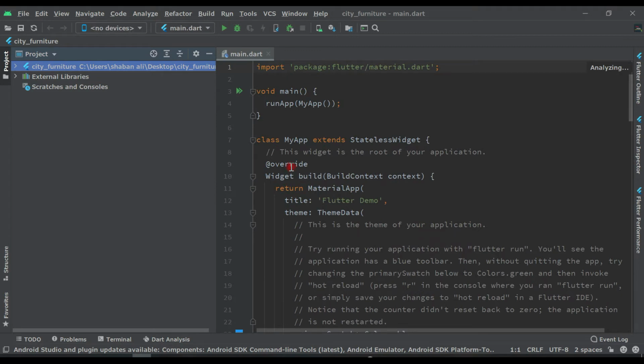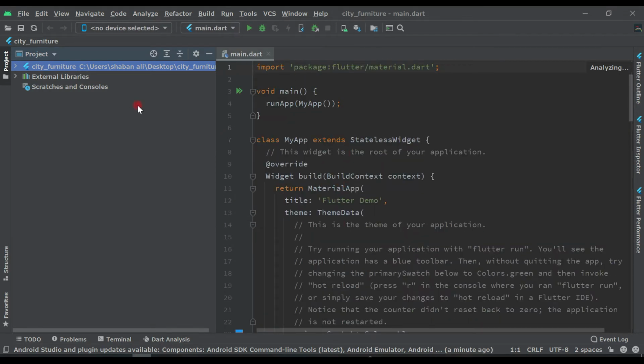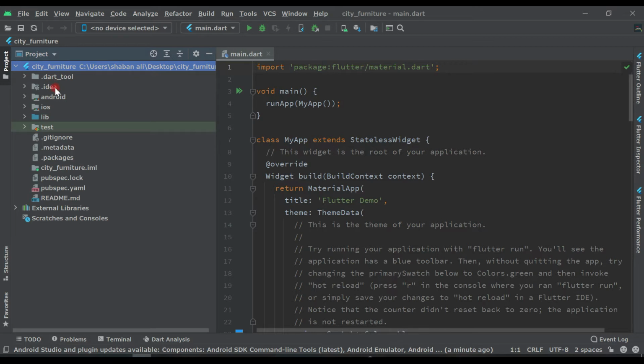Now as you can see, we have simply one demo app here. This is your application name, you click here and you will see all these things. The main folder in Flutter is lib, and inside lib we have main.dart.